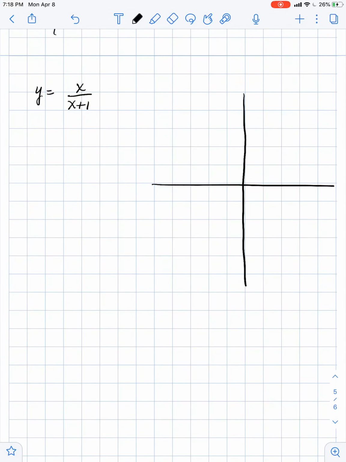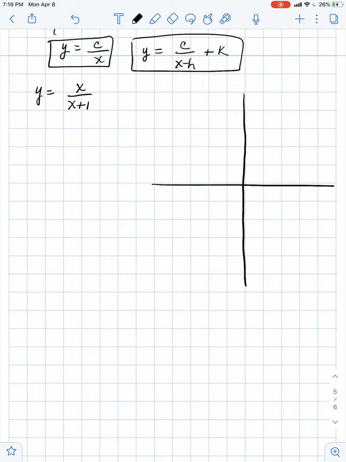Okay, so on the last video, if you'll remember, we just graphed where we had a constant on the top and then your x. And even though we took that and we shifted it left, right, up, and down, we'll write it like that with our h and our k. Let's put the minus in there though. There we go. Okay, so this would be your basic equation,